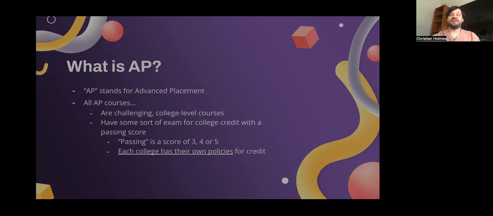So the cool thing about AP classes is that you will have credit opportunities, and by that I mean college credit opportunities. So there is an exam at the end of every course. Now, depending on the course, sometimes it's a literal paper test. In other scenarios, like art, for example, it's a portfolio of work that you submit from a long period of time that you've been working on different projects. Computer science has a performance task where you build an app and comment on it and discuss the process, etc. So it depends on the class.